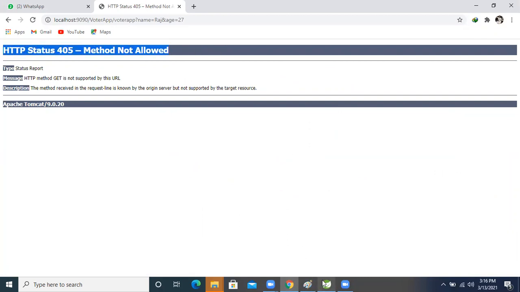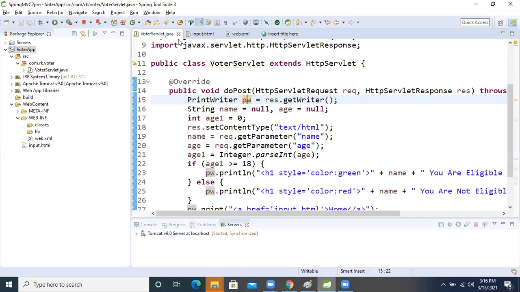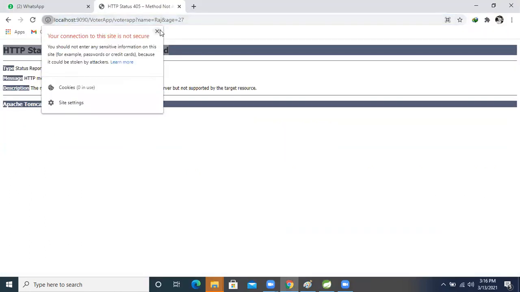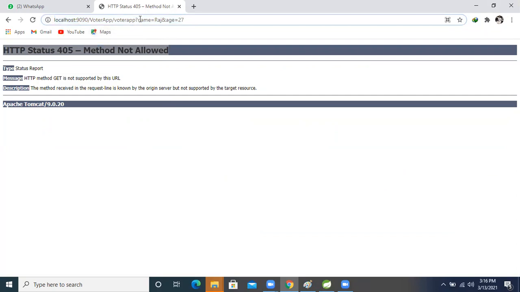So okay, so now I will tell what is the difference between do get and do post. Don't worry about that. See that here only. So the form data name equal to Raj and age equal to, this is called query parameter. Get is using query parameter, right? Inside that our data is visible in the URL or not whenever we are making the get type request.